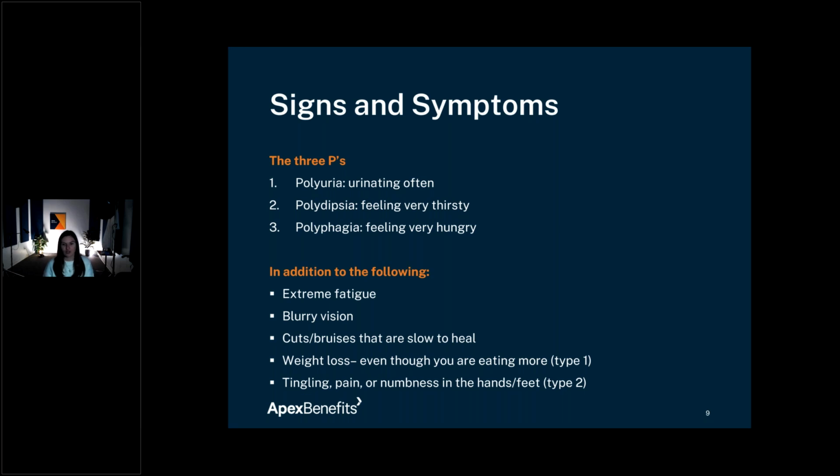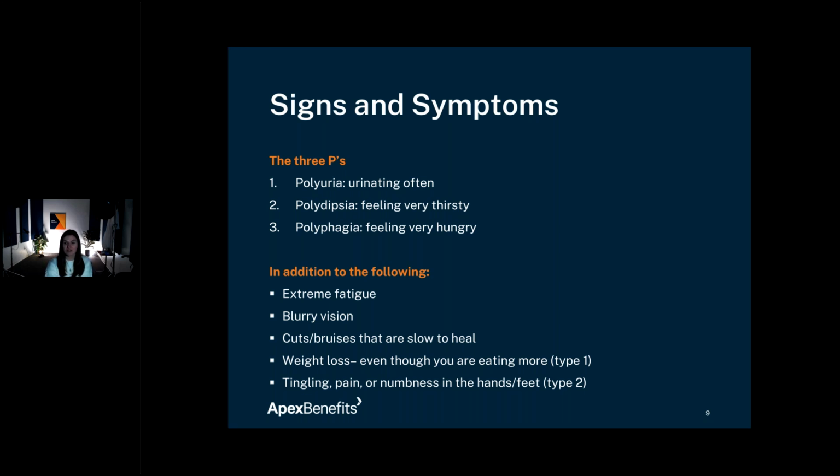That goes back to that nerve damage I talked about when the sugar just starts building up in the bloodstream. So other things I say is your eye vision. If your vision starts to become blurry, you go to an eye exam. That's one of the top ways to also catch this. That again means it's progressed further because now it's impacting our nerves, and then extreme fatigue goes right along with that. So those are most of the signs and symptoms.